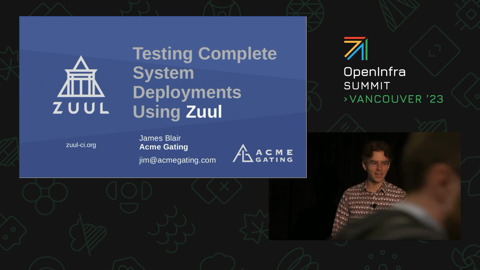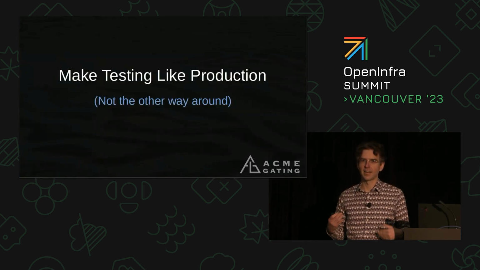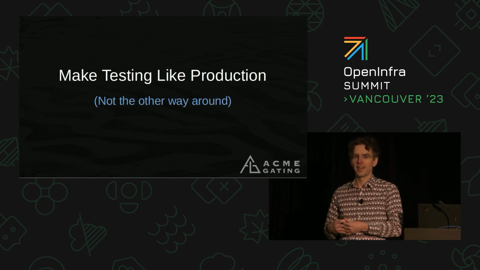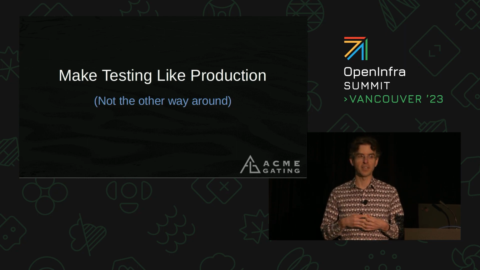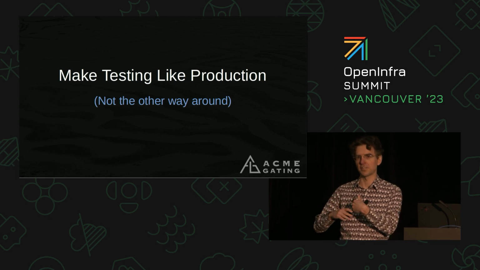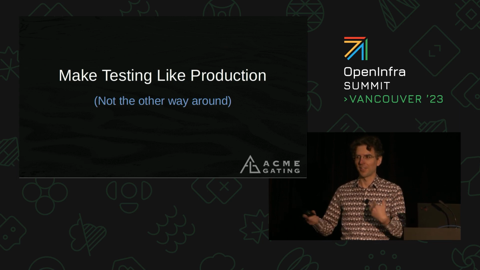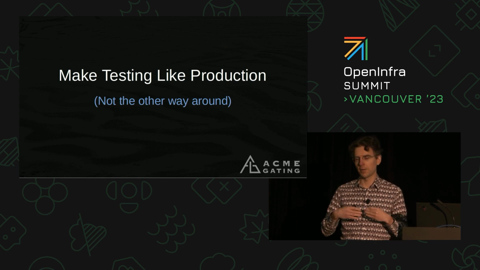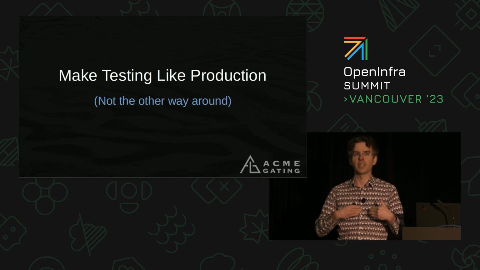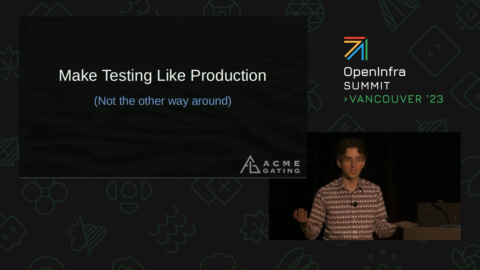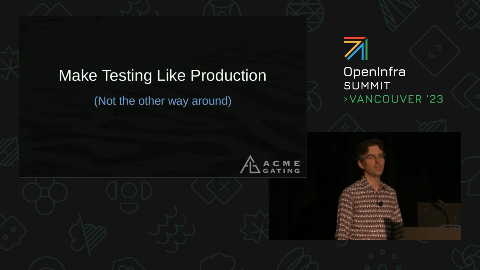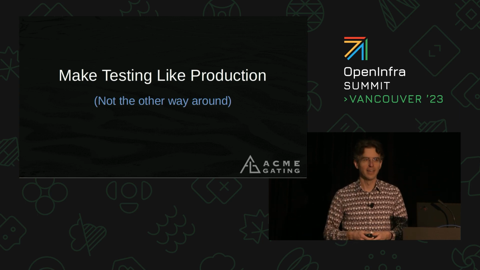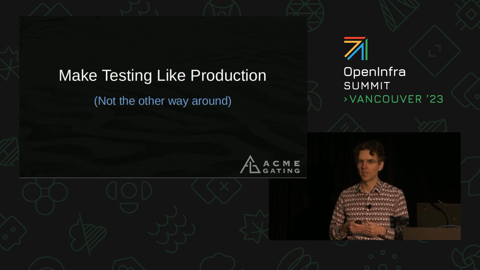And so what I'm going to talk about today is something that we use the OpenDev Zuul for. Basically, it's a really specific use case for how we use Zuul, and it's kind of an introduction to all of the power that you can get from Zuul. So what we do is whenever we want to make a change to, say, the production Gerrit system, the production Zuul system, there's a Grafana, there's mailing list servers, there's all of the things you need to run an open source project. Whenever we want to make a change to any of those,